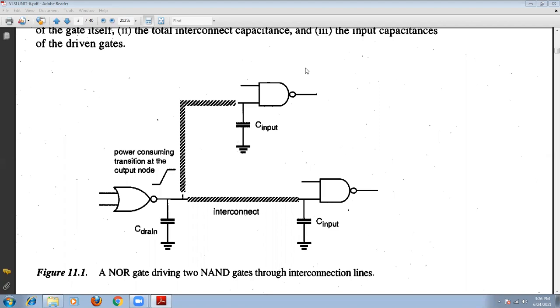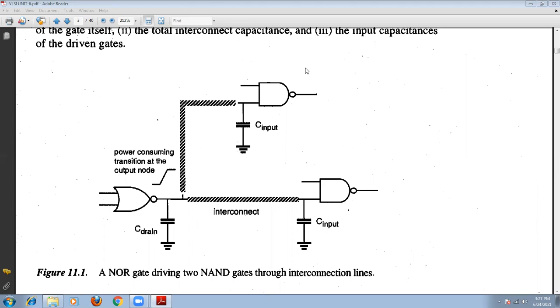So in the switching power dissipation, basically this component represents the power dissipation during switching events. During the switching event, the output node of the CMOS logic gate makes a transition, it may be from 0 to high or high to 0. In that condition, particularly in a CMOS circuit, there is some switching power dissipated when energy is drawn from the power supply to charge up the output node capacitance.